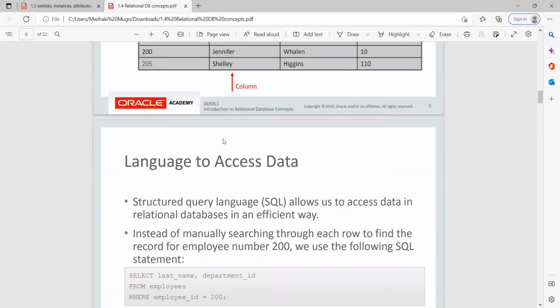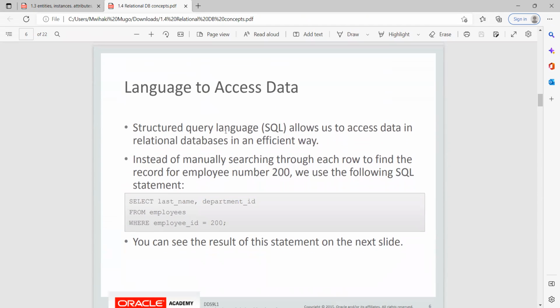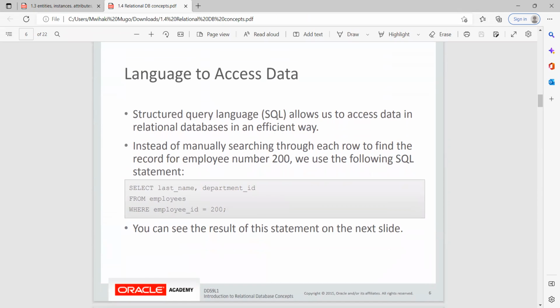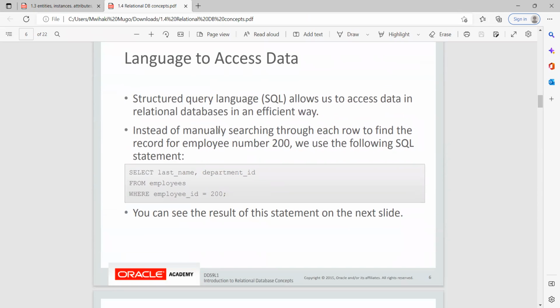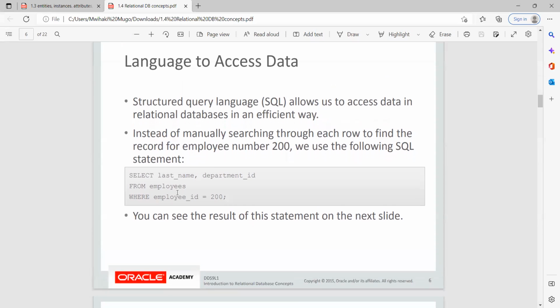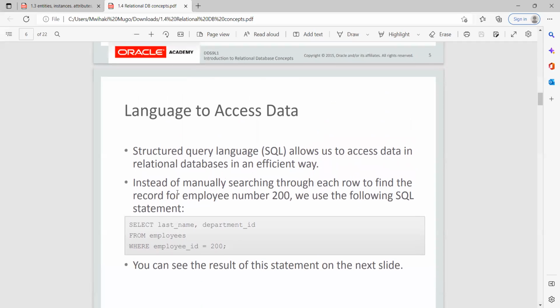Language to access data. Structured Query Language allows us to access data in relational databases in an efficient way. There are many languages, and SQL is just one of them. Instead of manually searching through each row to find the record for employee number 200, we can use the following SQL statement. I don't want us to focus on the statement as such, since we have not yet gotten to this topic. The purpose of this example is just to show you how we usually get information using